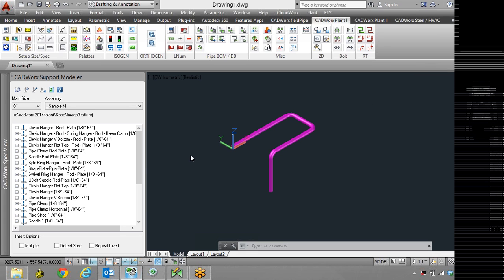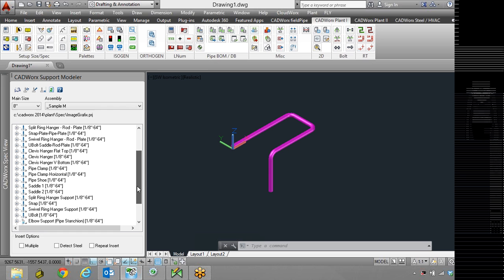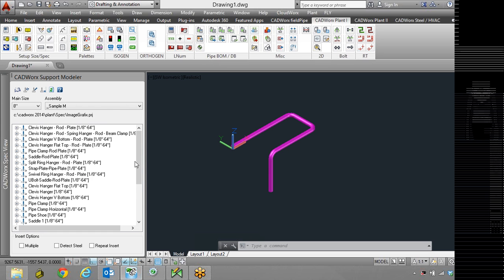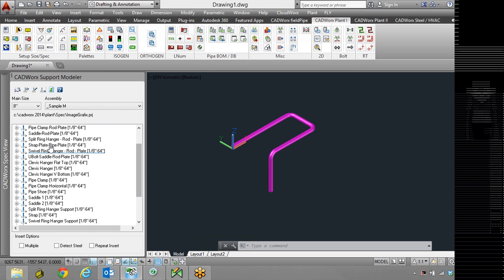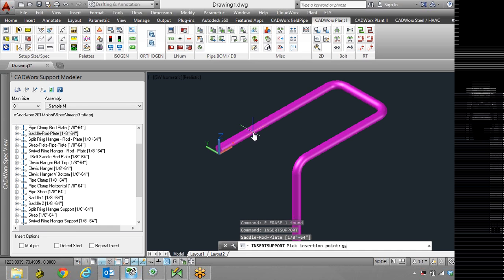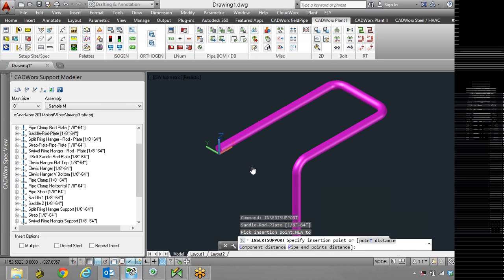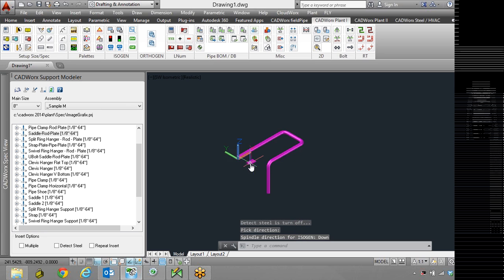Today I'm going to show you how we can use custom SKYs in your Isogen projects. Just as an example, I'm starting with the saddle rod plate support. Place it somewhere on the pipe, and there's a location. If I try to generate isometric out,